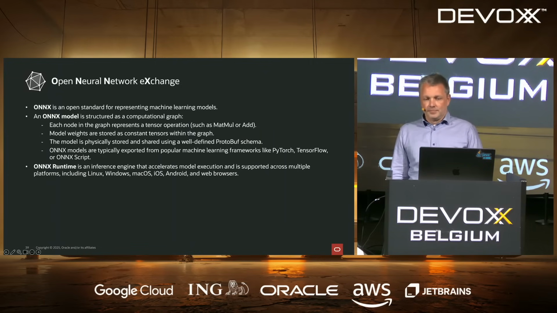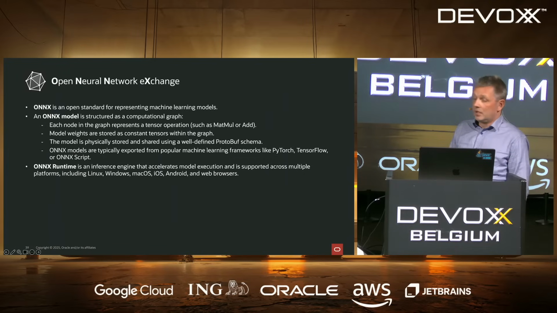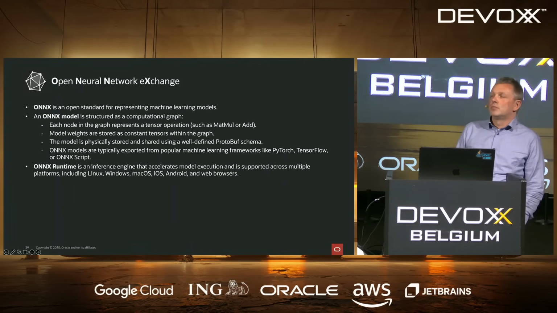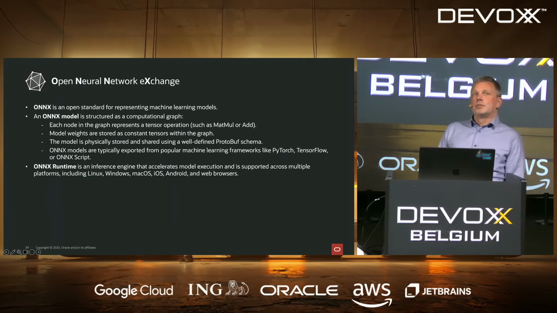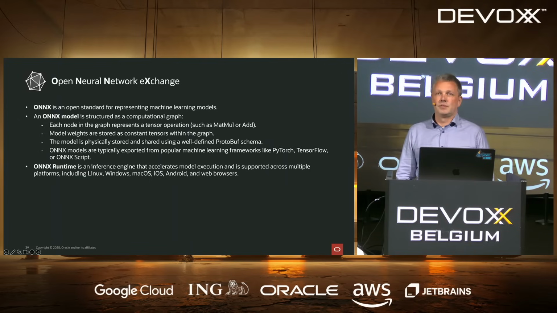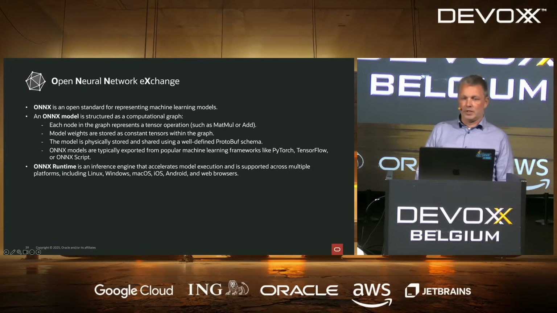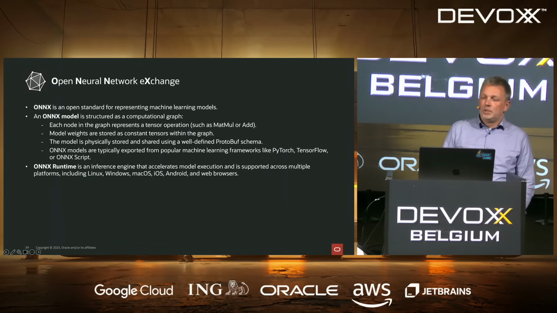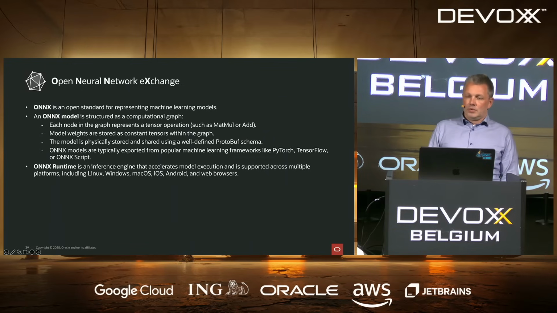The operations do not work with basic types like floats or ints, but with tensors, which are multidimensional arrays of basic types. Tensors are potentially very huge multidimensional arrays. With large LLM models, they are very huge and there are a lot of them. The whole ONNX model is serialized in a protobuf, according to the protobuf schema in a binary form, and then it can be distributed on various